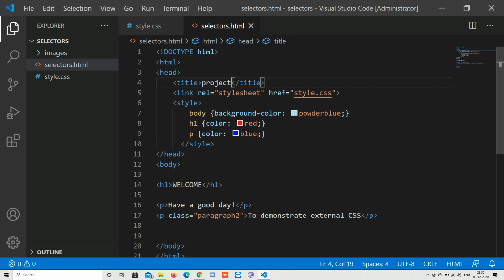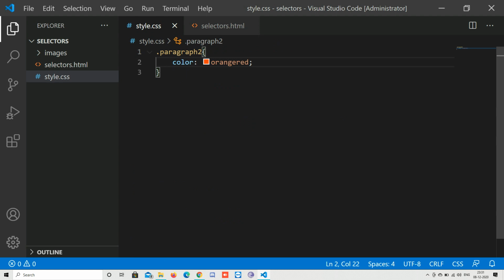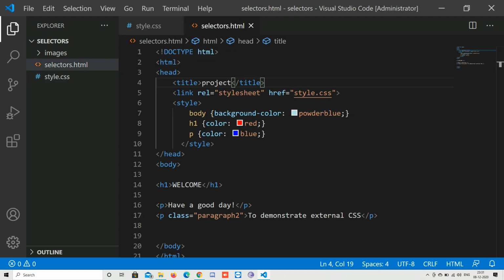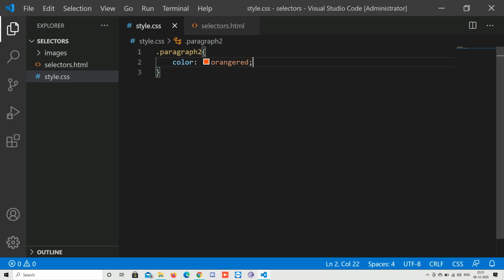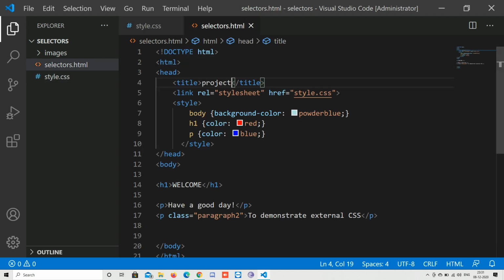That is the use of the title element in the head section. Next is the link element. So a link element is mostly used to link your CSS file to the HTML file. So I have included a basic CSS file for this HTML file, and this CSS file is going to style class paragraph 2, which I have included in the body section.